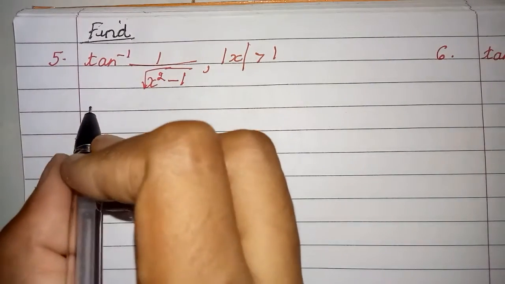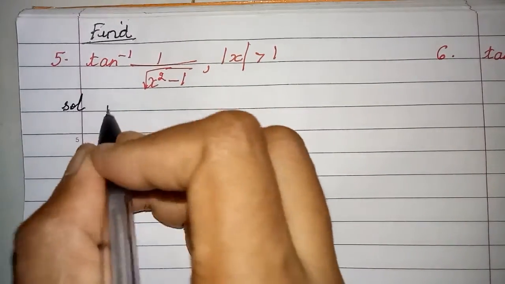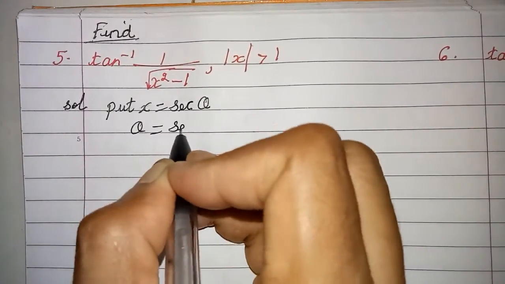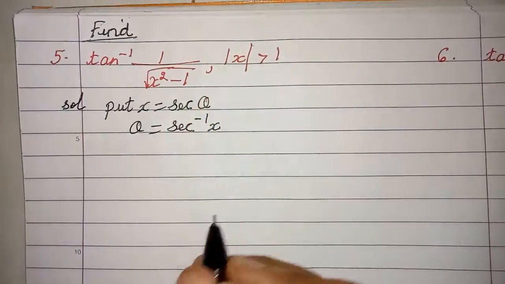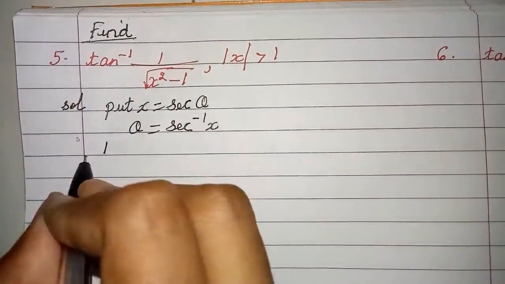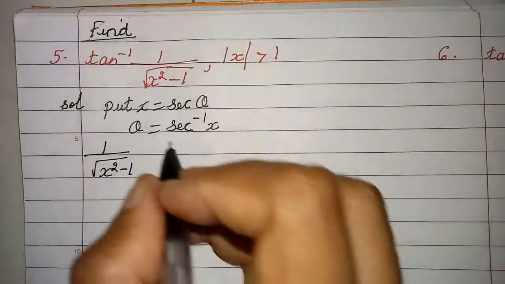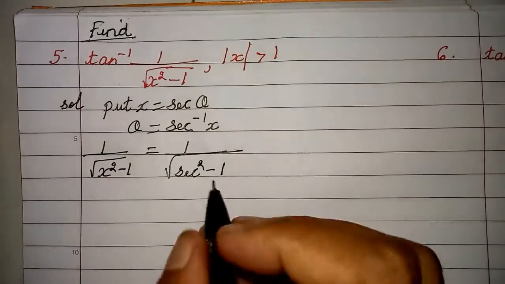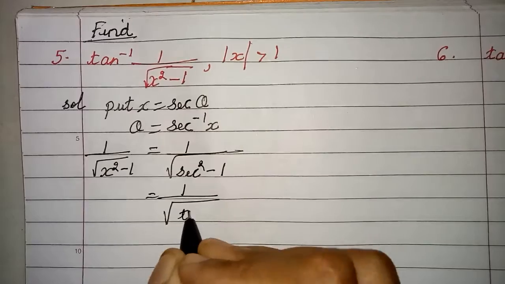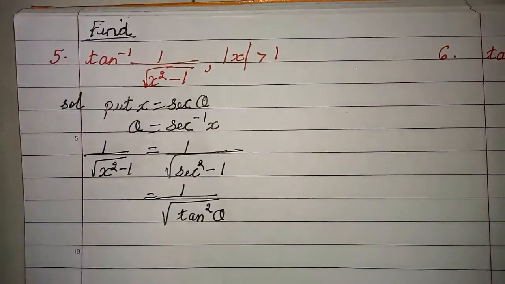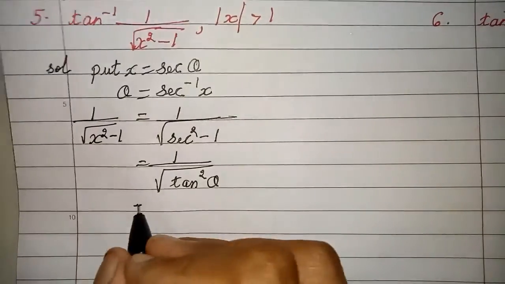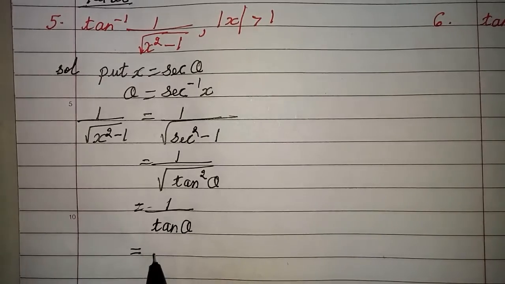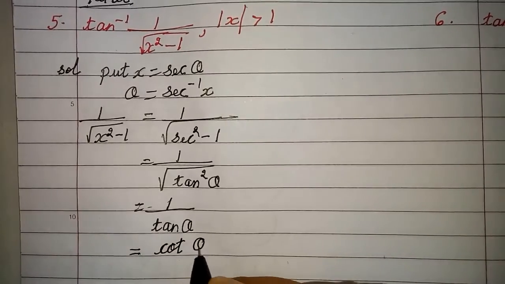Suppose I put x as sec theta, what will happen, children? Put x equal to sec theta. Theta will become sec inverse of x because my choice is well defined, right? So what will happen now? Consider your function 1 upon square root of x square minus 1. This will be 1 upon square root of sec square minus 1. So sec square minus 1 is tan square theta. Again a formula. So this is nothing but, children, 1 by tan theta. And 1 by tan theta is nothing but cot theta, right?